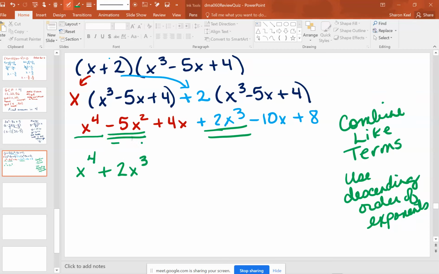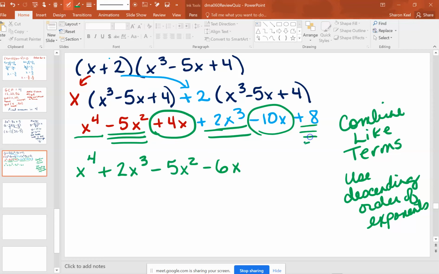This is the only x squared, so I have minus 5x squared. I have a 4x minus 10x. So I'm combining the 4x minus the 10x, and that's going to give me a minus 6x. And then this 8 is all by itself, so I just bring that down. And I'm done. So we're distributing the first term and the second term times the whole entire second parenthesis just